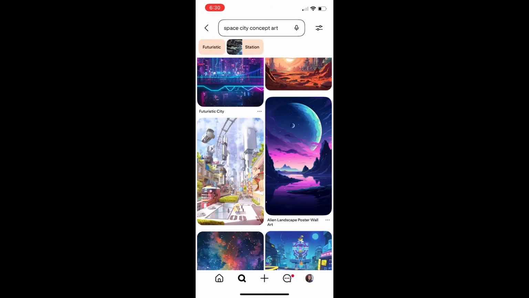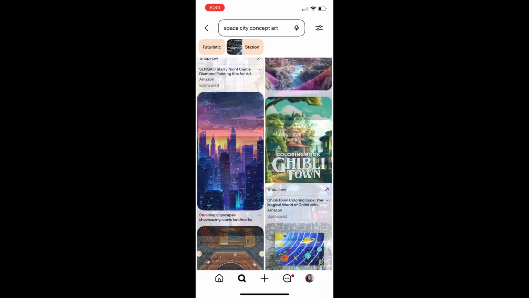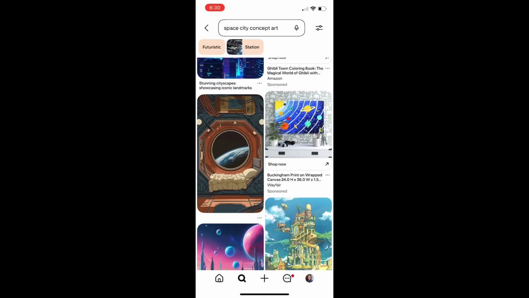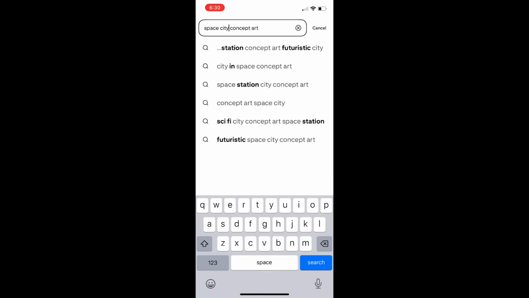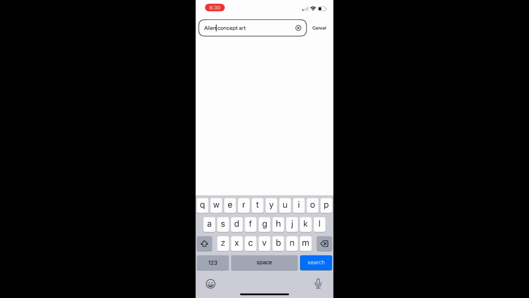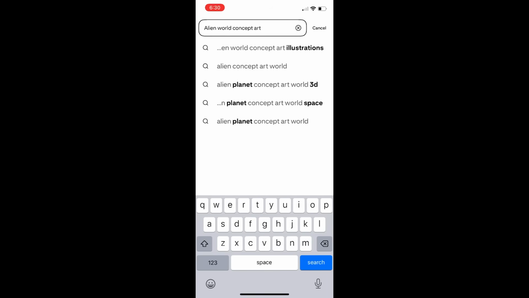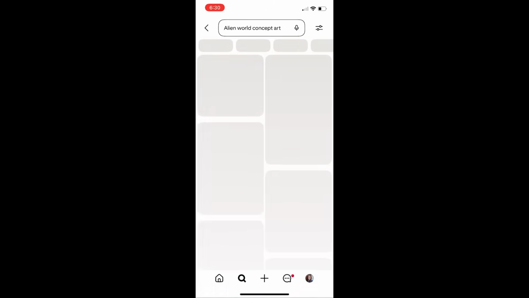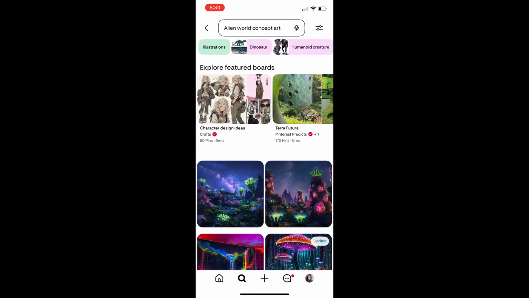And so I ended up changing that. So here you can see that I am getting ready to, there we go. I am changing it from space, what did I have on there? Whatever it was, to alien world concept art. And then this one really gives me some interesting